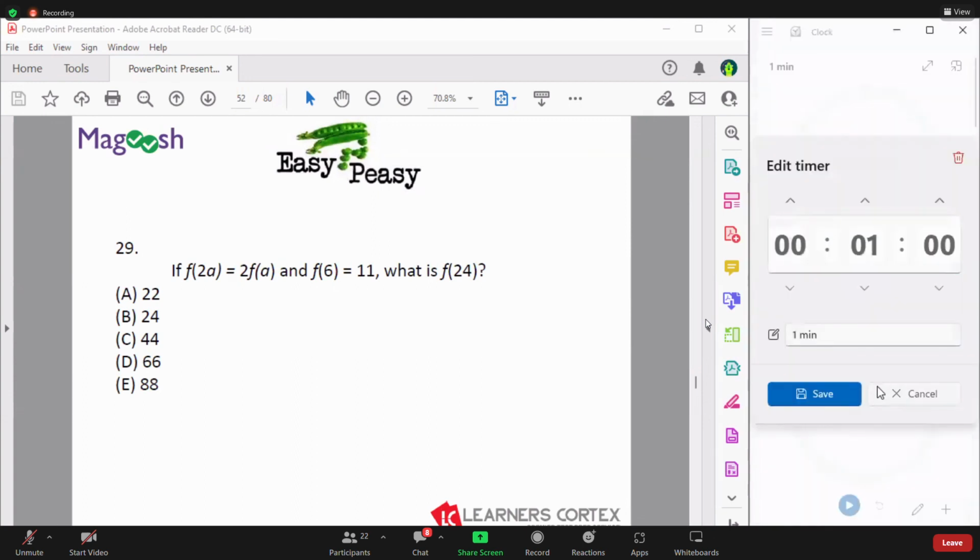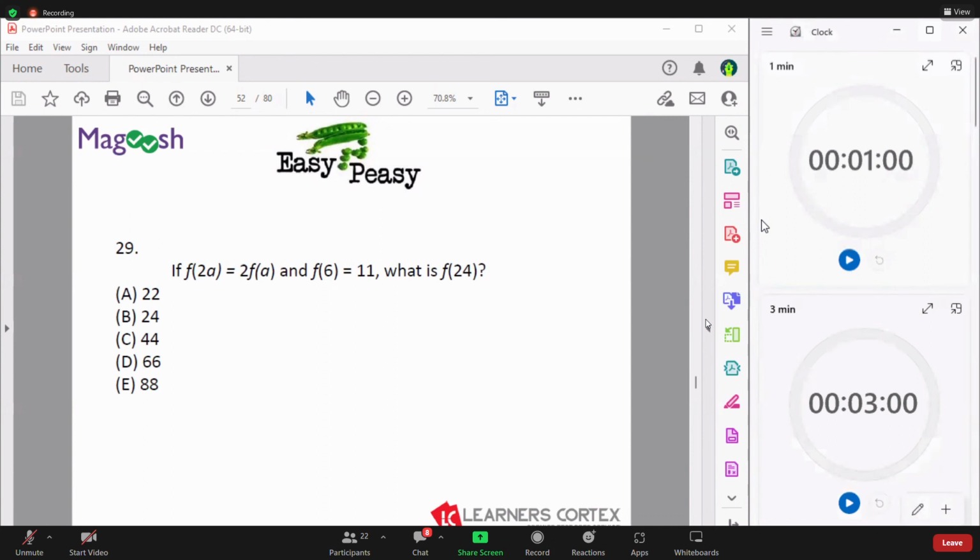Anyone who's still solving? Okay, so since it is given that f of 2a is equal to 2f of a, let's take